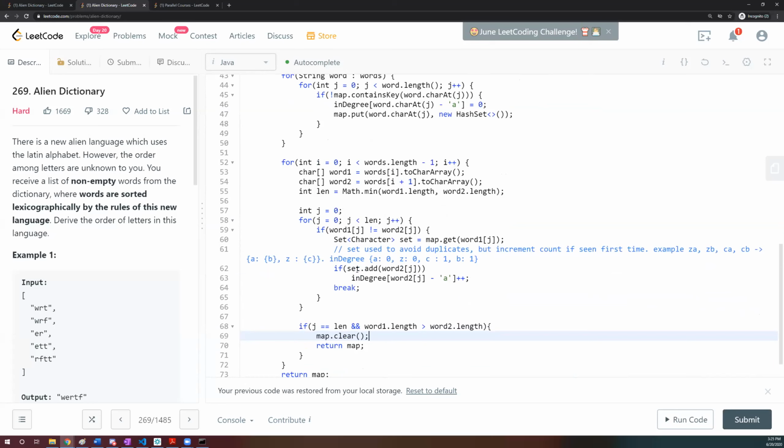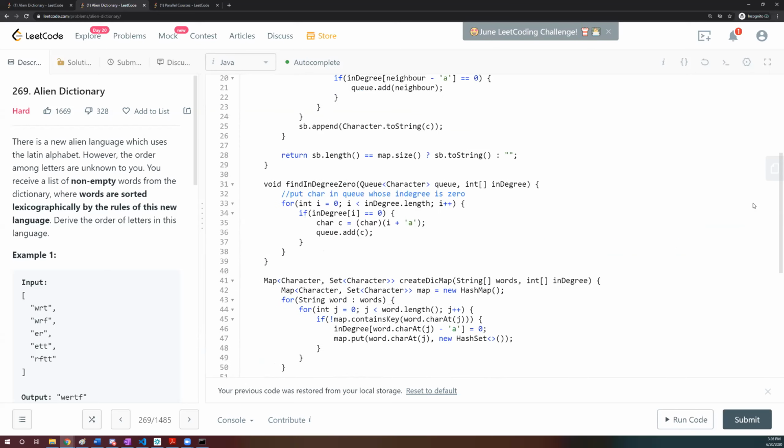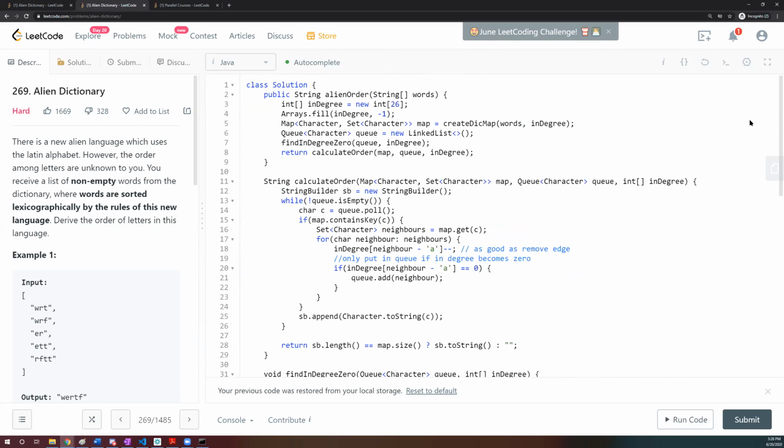So to avoid the duplicates, I use a set, since we have taken the link. So that's why I've taken the set over here. Is there any question regarding this? Because the way is the same. Instead of just a list, I have taken a set to add those adjacent words. They are actually neighbors to that list, and while creating a map,